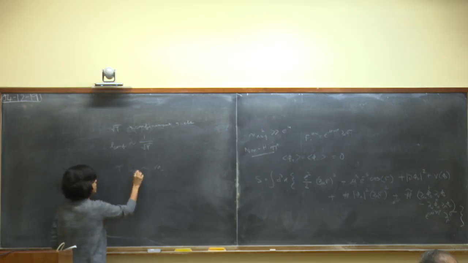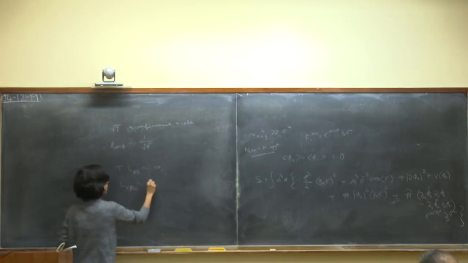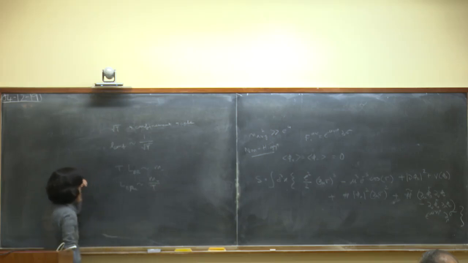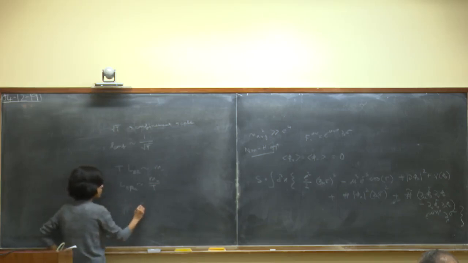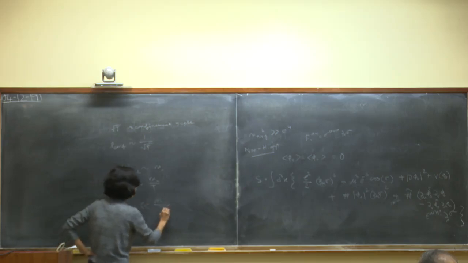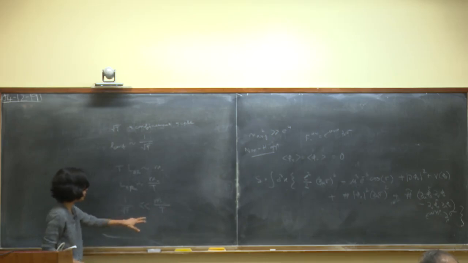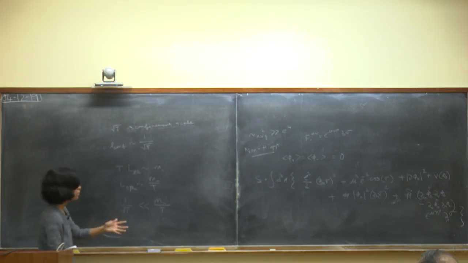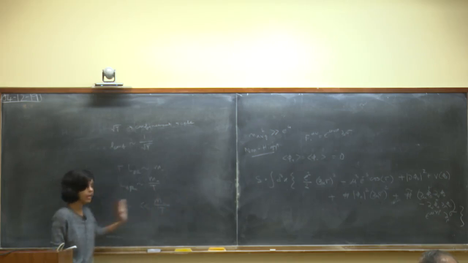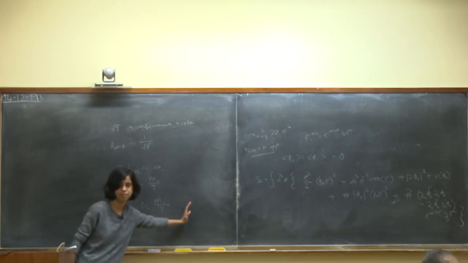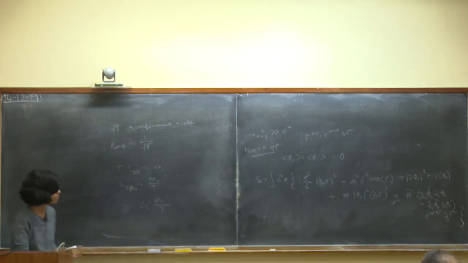Let me call it LBR. So LBR is, say, M minus over the tension. And the hierarchy that I want here is the following: I want 1 over square root of t to be much smaller than M minus over t. So the string breaking scale is bigger than the confinement scale. Now, when I compute the Wilson loops, I really want to be bigger than all length scales in the problem. But I'll start from here and then go up to the bigger scales and show what happens.